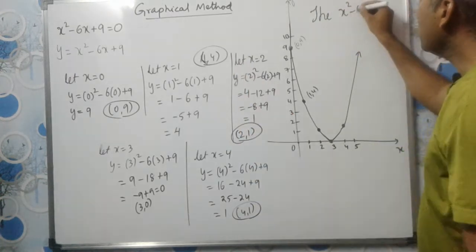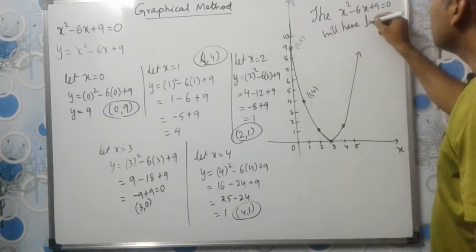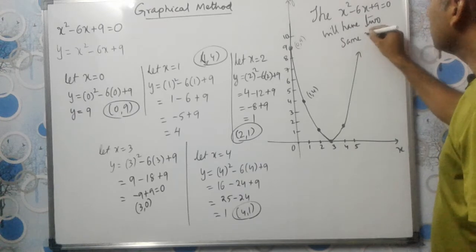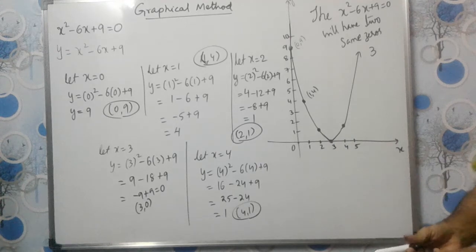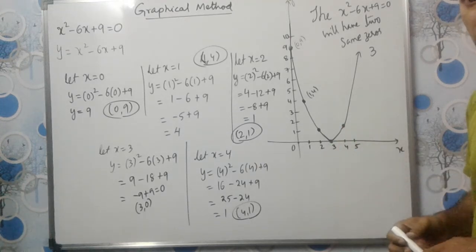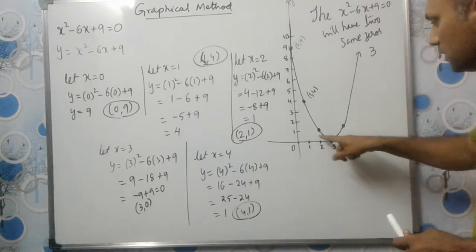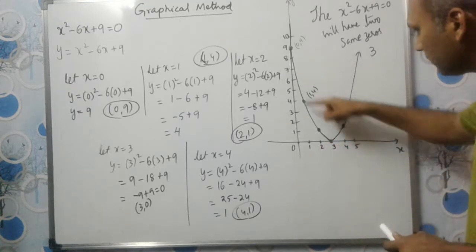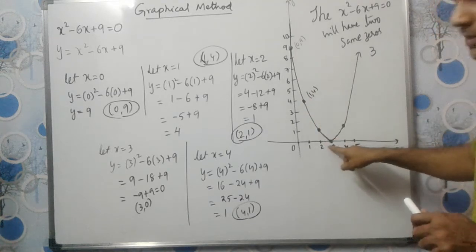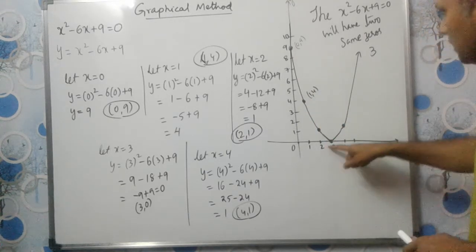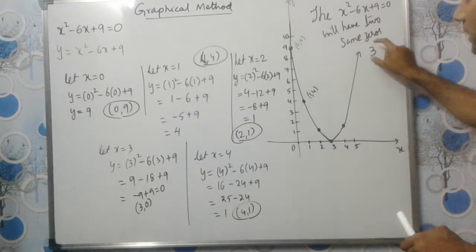The equation x square minus 6x plus 9 is equal to 0 will have two same zeros. What are those same zeros? 3 only. 3 and 3 are the same zeros. Okay. I hope you understood. In the previous case, the graph was touching at 2 and 5. So 2 and 5 were the two different zeros. Now the graph is touching the x-axis at only one point. We are not bothered about where it is touching the y-axis. We need to worry where it is touching the x-axis. It is touching at 3. Okay, and it is not touching anywhere else. So the two zeros are 3 and 3.